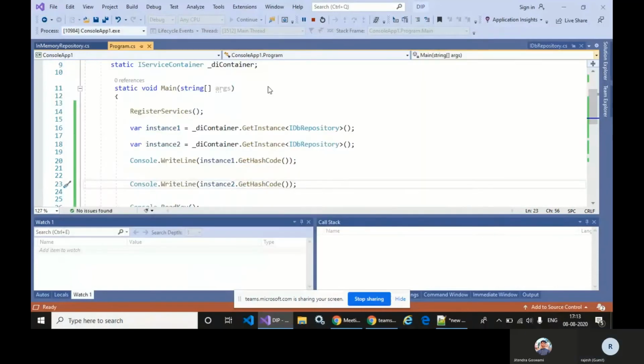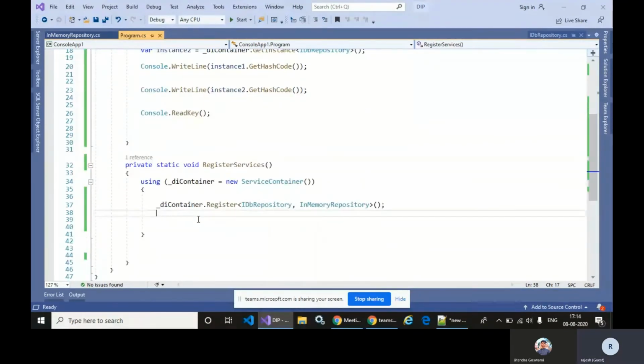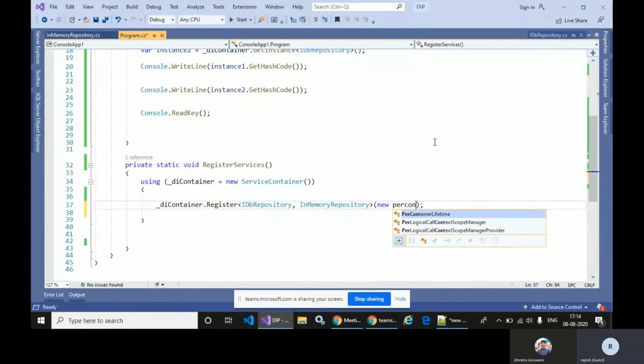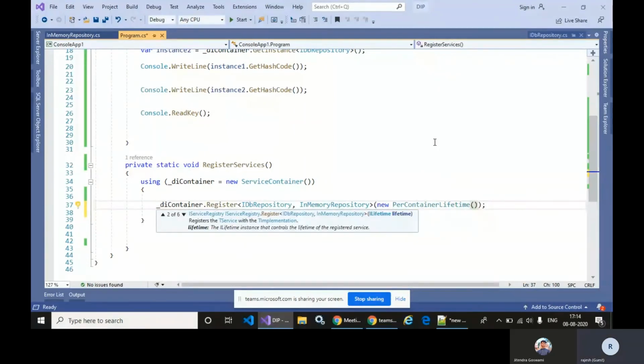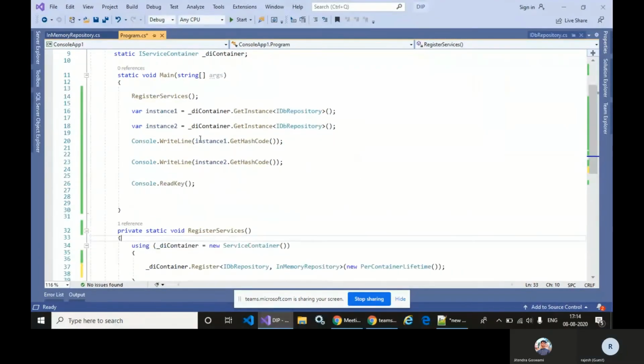If I want to create a singleton instance of my abstraction, in LightInject you can achieve that through an overloaded method of the Register method. You need to use the PerContainerLifetime. So you can verify it creates a single instance of our concrete InMemoryRepository class.